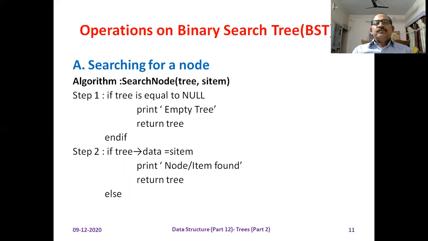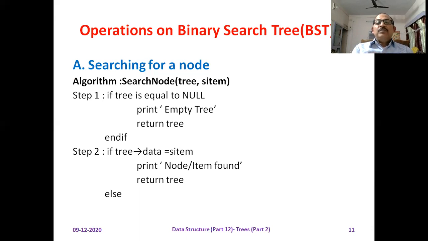Next, if tree data is equal to S item, what will we do? Simply we give a message, item found, and return tree. Return to the calling place of the search node function. Else,